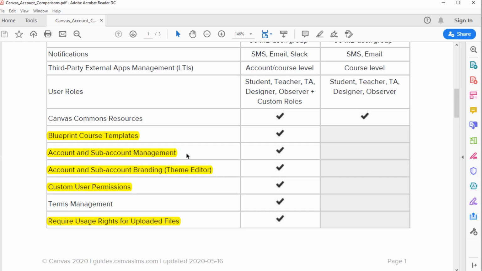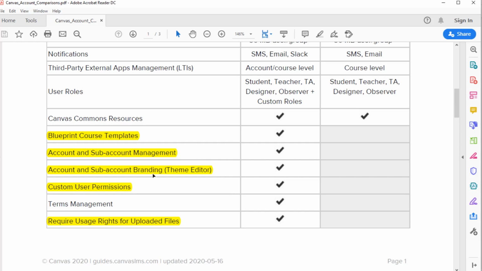So one root admin, and you can have many sub account admins, and even those sub account admins can have further sub accounts, which is called nesting. So in this way you can maintain the complete structure of your organization under one single umbrella. So if you are interested in this feature, you have to go for a paid account.